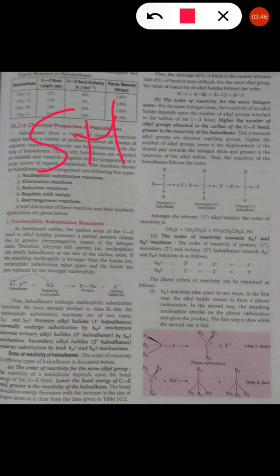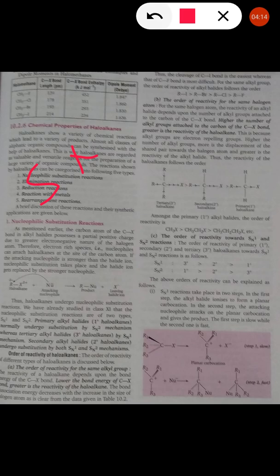So when the reactants are 2, it is said to be SN2. When the reactant is 1, it is said to be SN1. For SN1, the order of faster reaction is 3 degree, then 2 degree, then 1 degree. If I ask for SN2 faster, then it is 1 degree, 2 degree, 3 degree. So according to the question, you write the answer. This is the SN1 and SN2 reaction we discussed here.